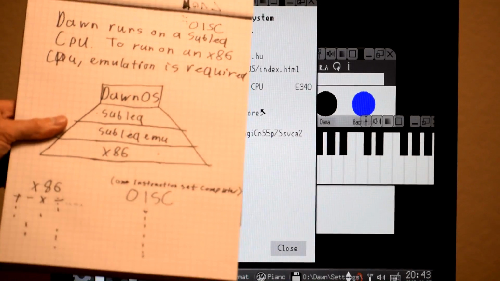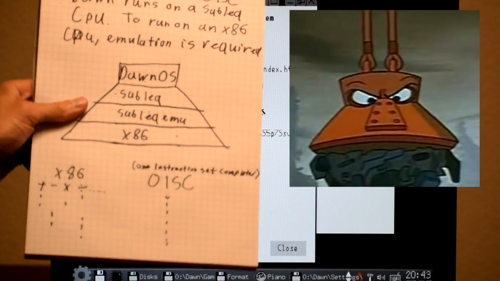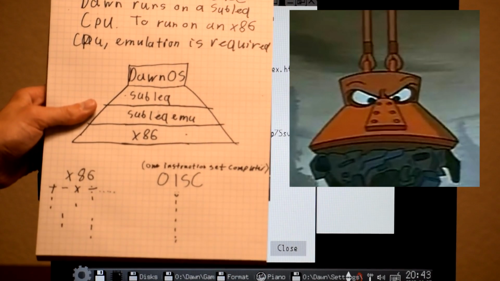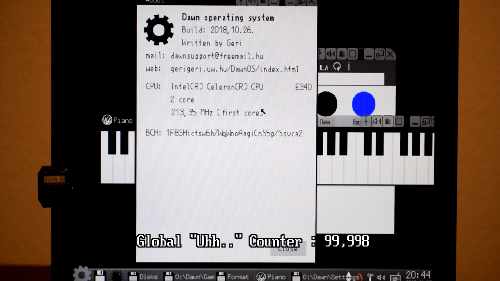I also realized I've inadvertently drawn what looks like the magnet from The Brave Little Toaster. So since it's running slow, and pretty much will run slow no matter what due to the emulation, we'll switch it to another motherboard and we'll see what happens. Well, let's close this and,